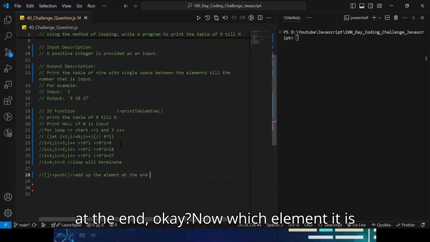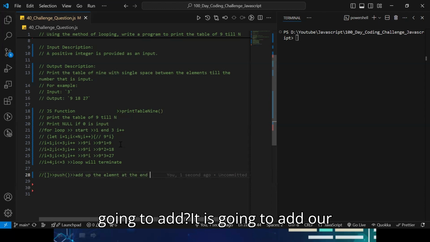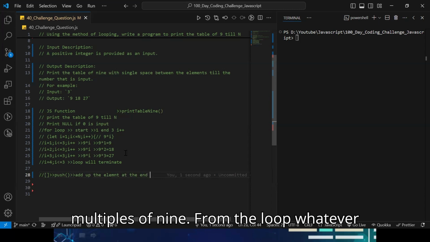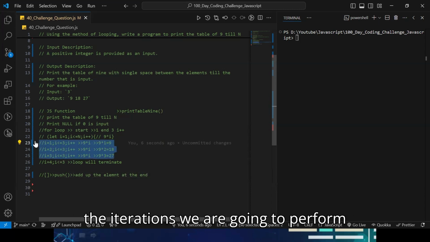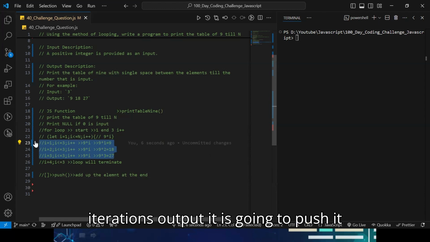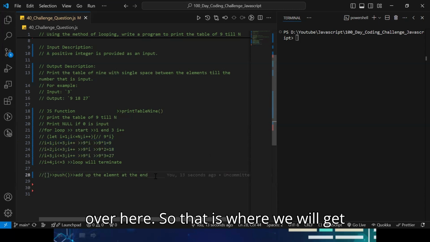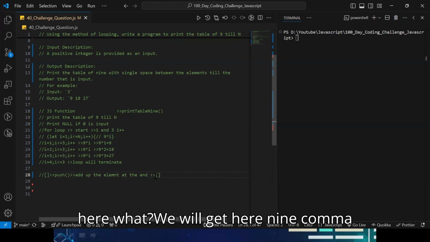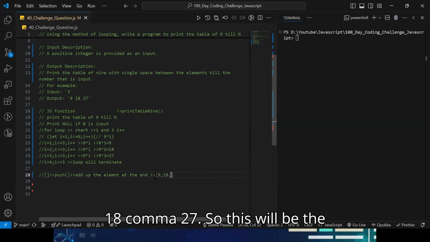Now, which element is it going to add? It is going to add our multiples of 9. From the loop, whatever iterations we perform and get the output, those iteration outputs are going to be pushed over here. So that is where we will get here 9, 18, 27.